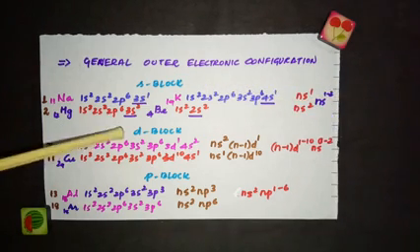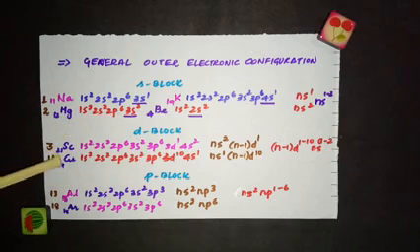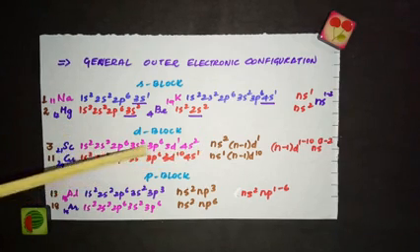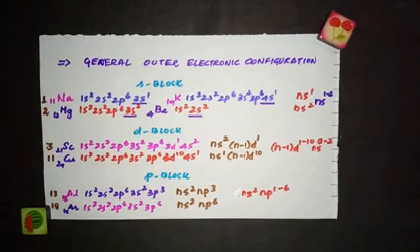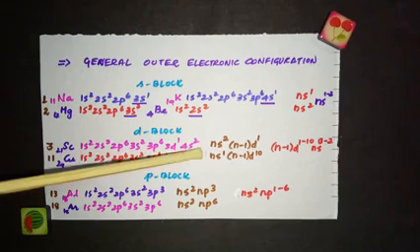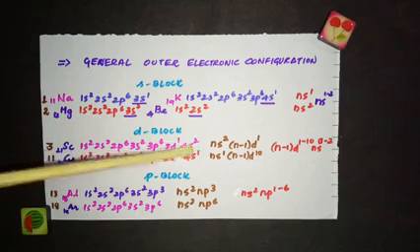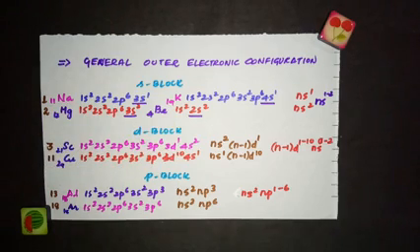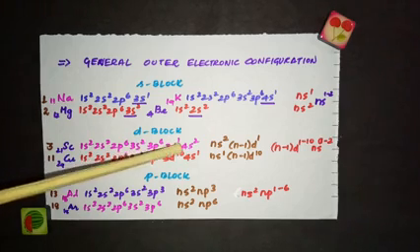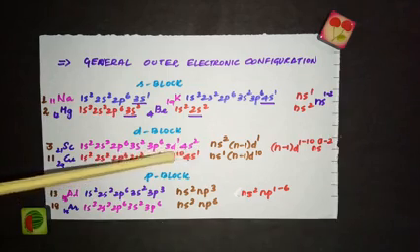Same way, coming to d block elements, I have taken an example, scandium and copper. Scandium's atomic number is 21. So the configuration is written like this. See, 1s2, 2s2, 2p6, 3s2, 3p6. After that 4s is filled, 4s2, 3d1. When we say outer electronic configuration, here in this case, we are not just taking the outer shell configuration. We are taking this 3d also, which is called the penultimate shell. So the shell that is present next to the outermost shell is called the penultimate shell. So we will take both of these configurations.